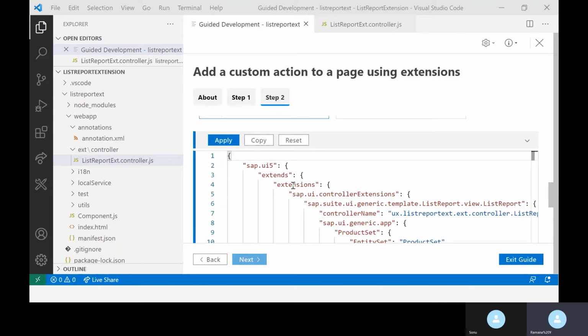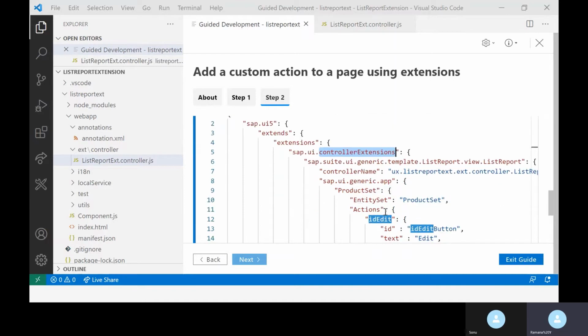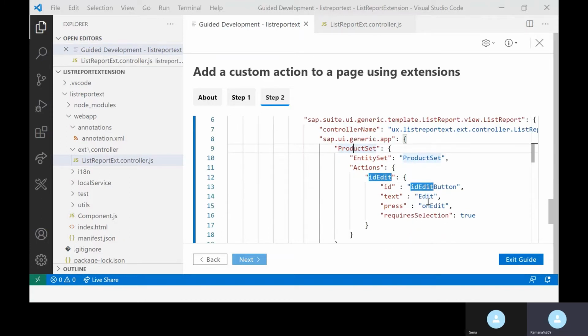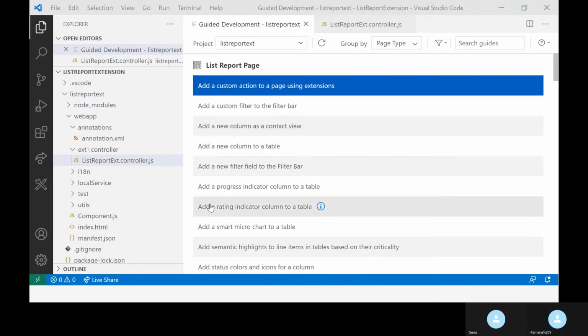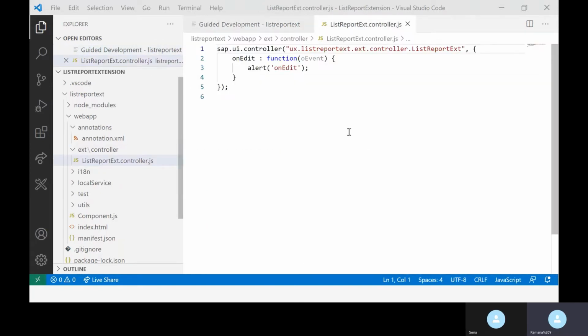So this is the manifest. If you see under sap.ui5, they added a new section called extends, and then extension points. This is a control extension point. So manually we can add it, or we can use this particular wizard. This wizard allows us to create all of this. If you select the product entity set, it creates the product entity set and actions, etc. So this is a better way. Now all you have to do is exit this, and if you go back to the list report, you'll find this particular content. And if you run this application,